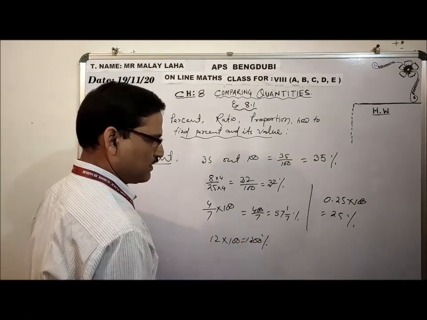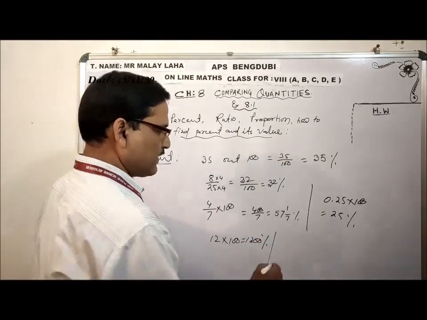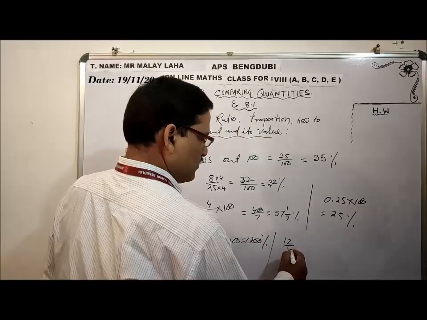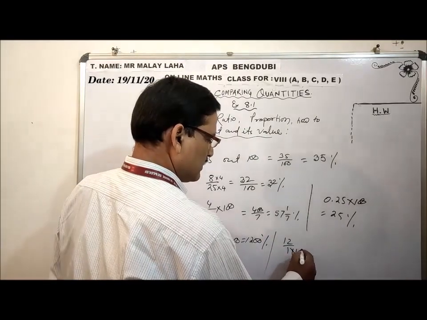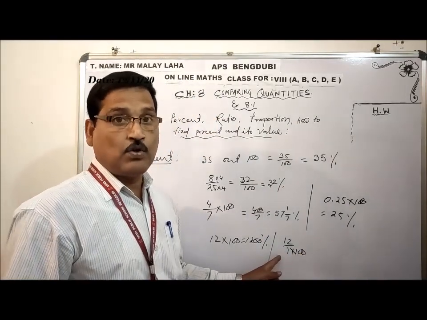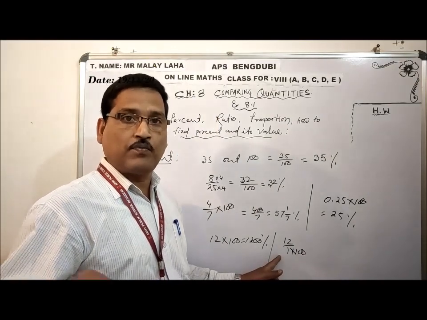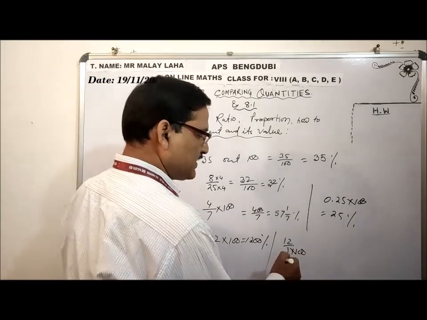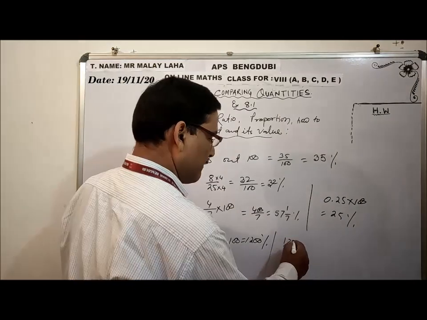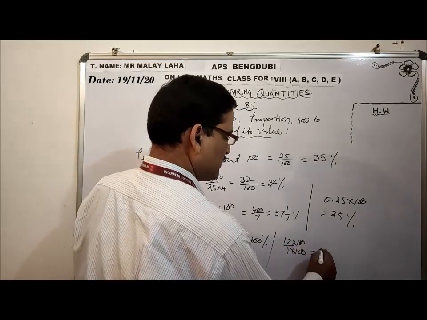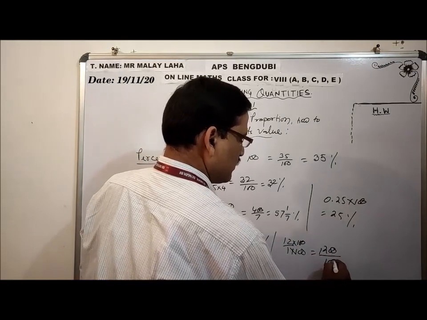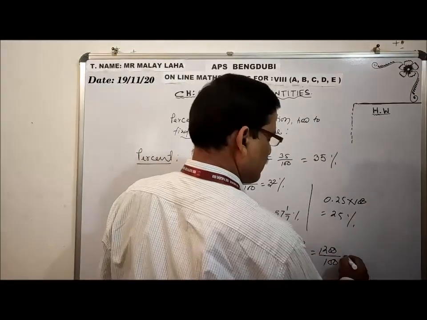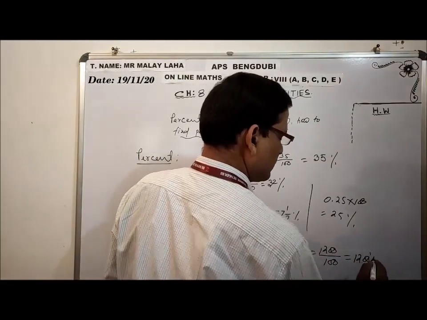1200%. What is the meaning actually? How is it done? You see, 12 can be written as 12 by 1. So the denominator is now 1. Now, if you multiply it by 100, it will be 100. Because I told you, anything where you compare out of 100, so it is not out of 100. To make it 100, I need to multiply it by 100. Since I have multiplied the denominator by 100, I have to multiply the numerator by 100. So now it is 1200 by 100. Don't cancel the 0s. So now I am considering 1200 out of 100. That will be equivalent to 1200%.